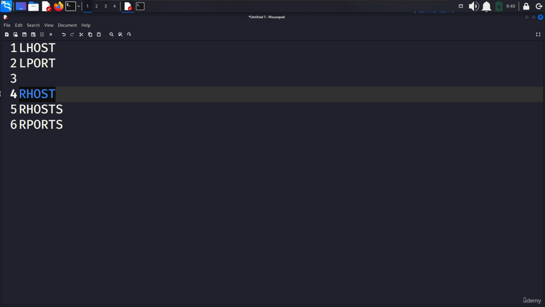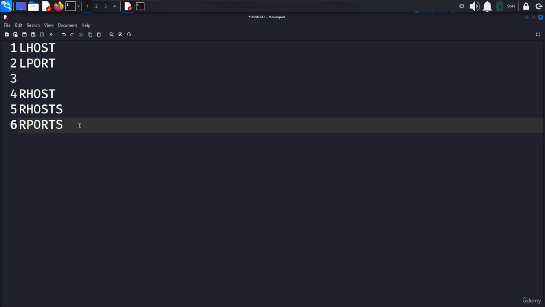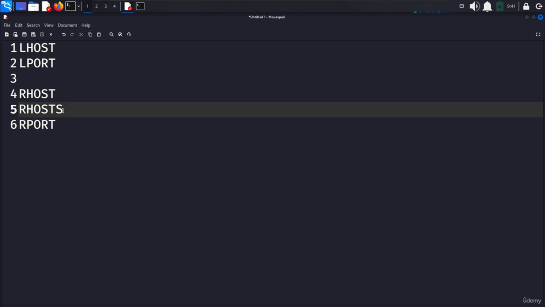And we also have RHOST here, which is the remote host. This variable stores the IP address of our target system. We also have RHOSTS here. We can set this variable if we intend to launch an exploit against multiple targets simultaneously. So for instance, we can define RHOSTS as a range like